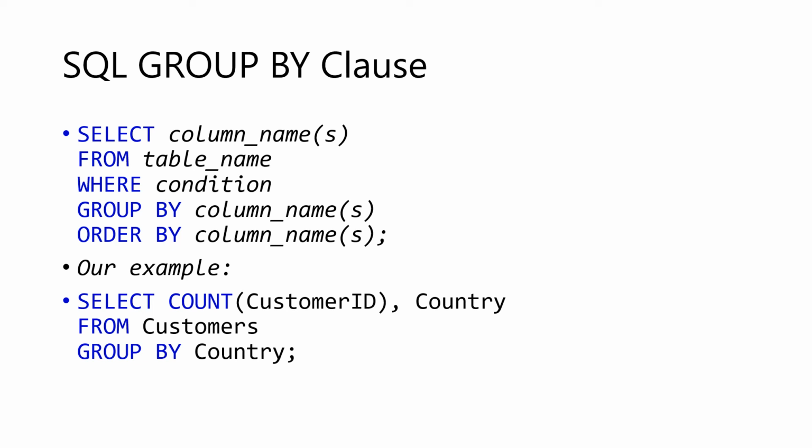SQL allows grouping of the result set on some column, but once column A is used to group, then any other column of the table may be used only with some aggregate function, to return a single record to satisfy grouping. For example, if you are using group by country and selecting customer ID, then you should use some aggregate function only with those columns which are not used in the group by clause. So country is used as it is, but for customer ID you can use some aggregate function.